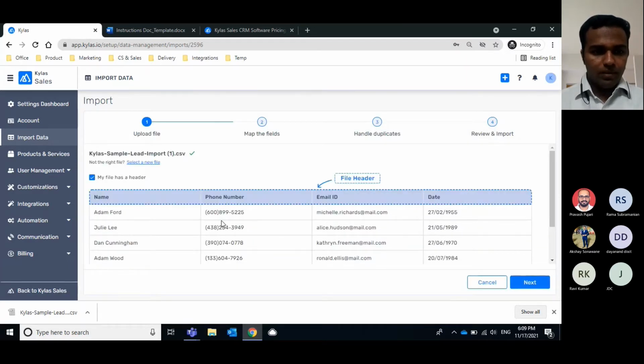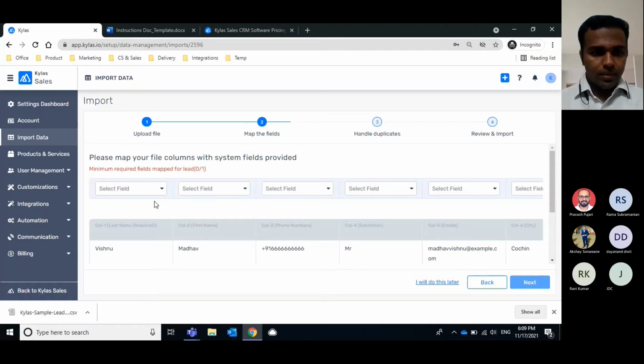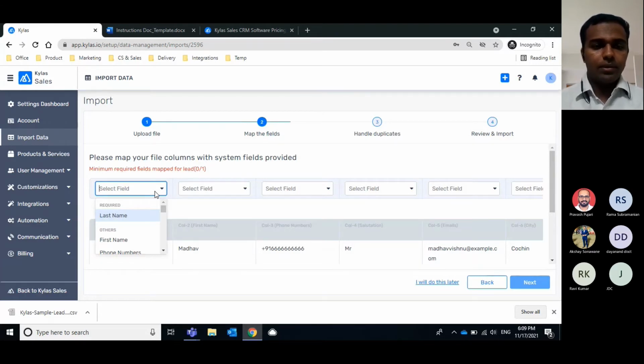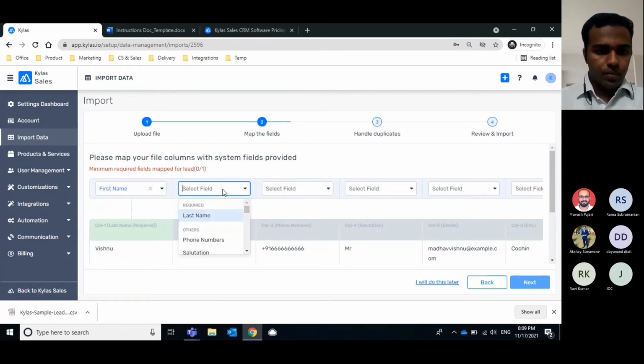My file has been uploaded; the first row of the file will be treated as the header row. In the next step, I'll be mapping the fields of Kailas CRM with the fields available in the file which I have uploaded. By default, last name is a mandatory field. Unless you map it, you will see a red warning over here.